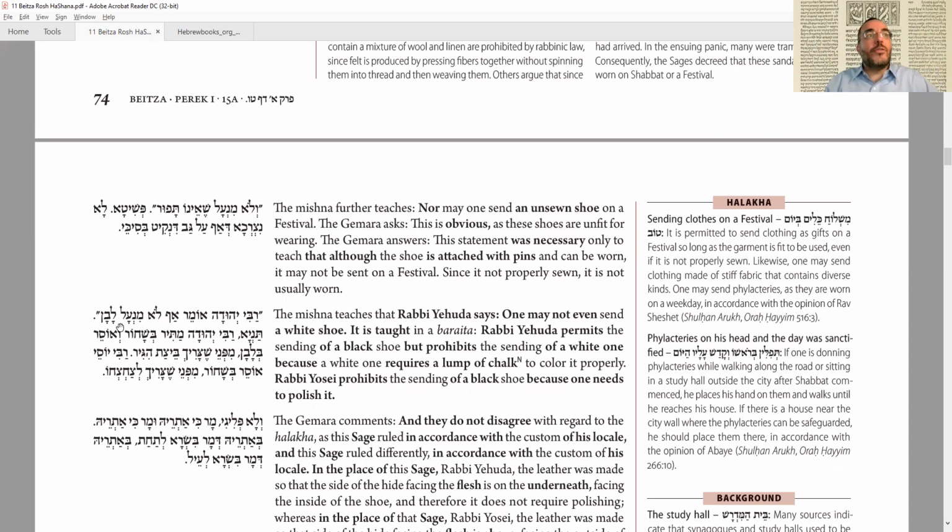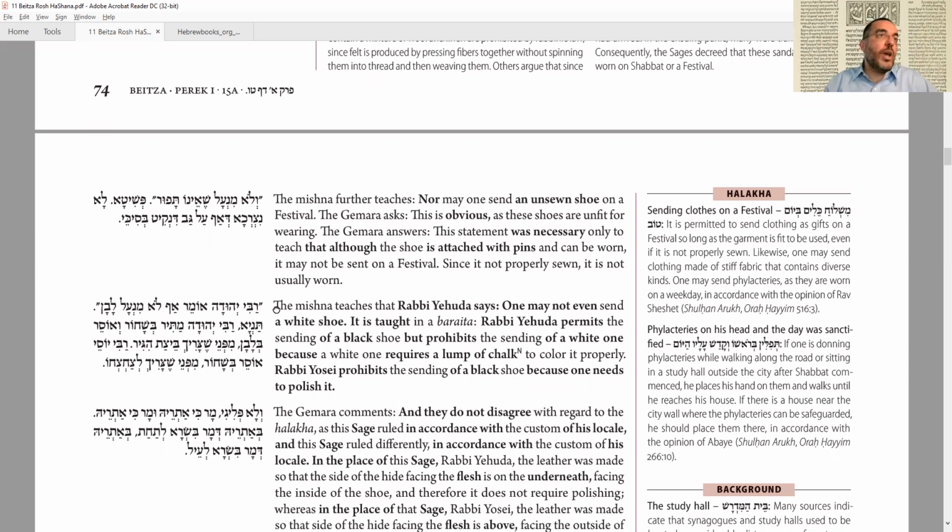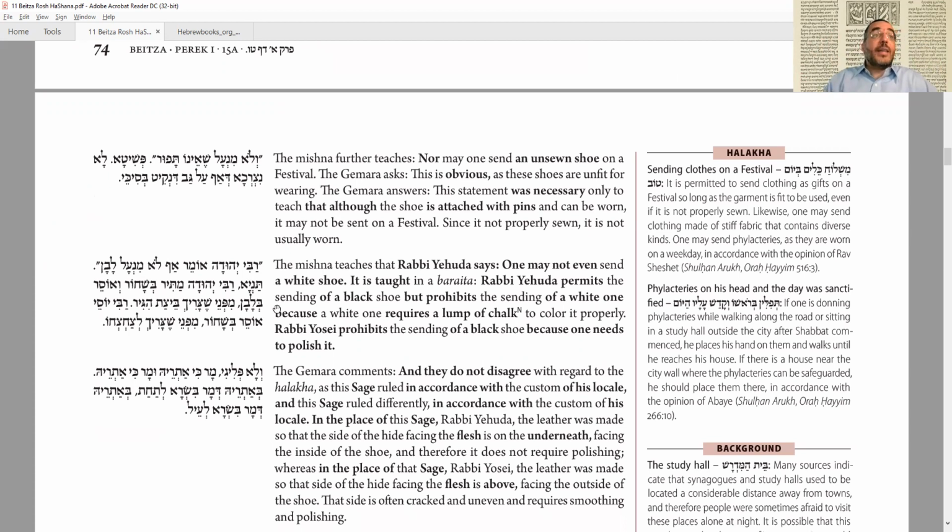Not even a white one that's not painted black. Tanya, Rabbi Yehuda matir b'shachor ve'oser b'lavan mipnei shesarich besat higir. So we have a braita that explains. Rabbi Yehuda says it's permitted if it's black and just not allowed if it's white, because